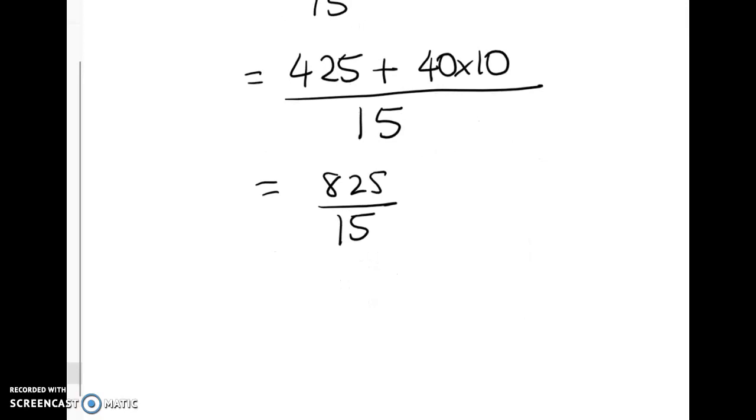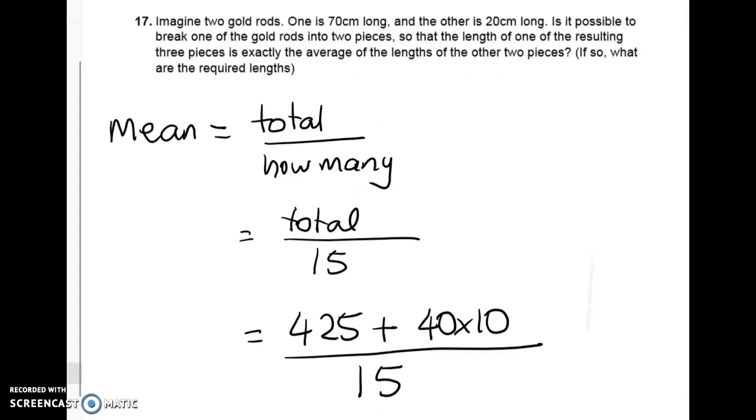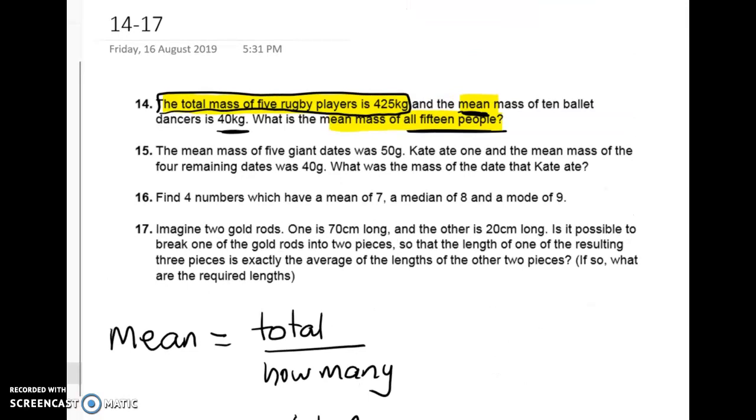And if you throw that into your calculator, you'll get a lovely exact round number of 55 kilograms. Okay, so let's go over that again. What we did with this question is we were given information about one group where we had the total and the other group where we had the mean. So we want to be able to work backwards from the mean to the total